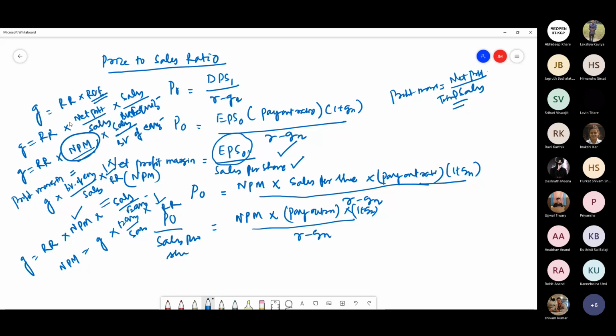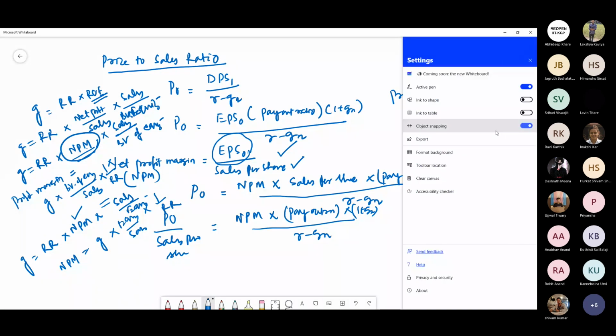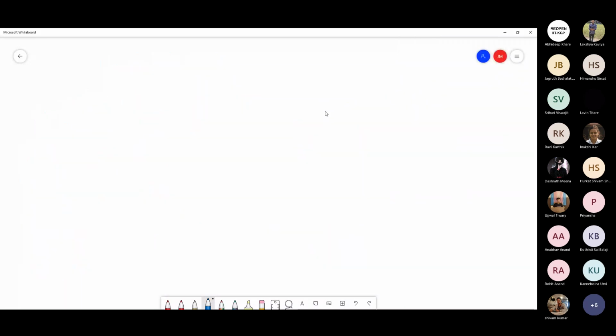And the investors will be able to identify them correctly and make their investment decisions. So we can make a matrix in that case, which will be clearer to you. For example, if I write here, we have the price to sales, and here you have the net profit margin, NPM.